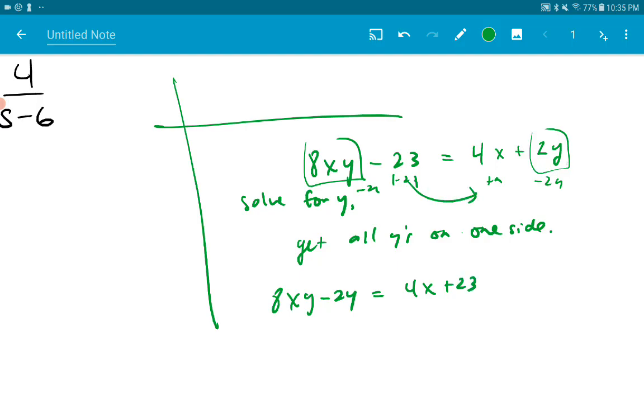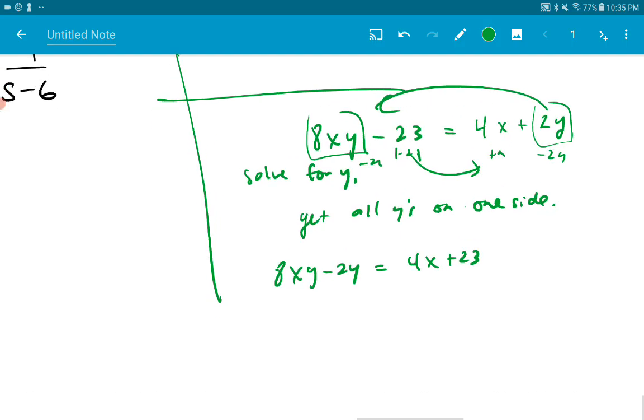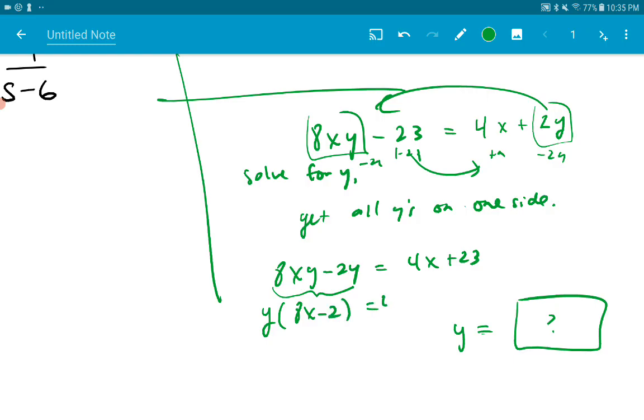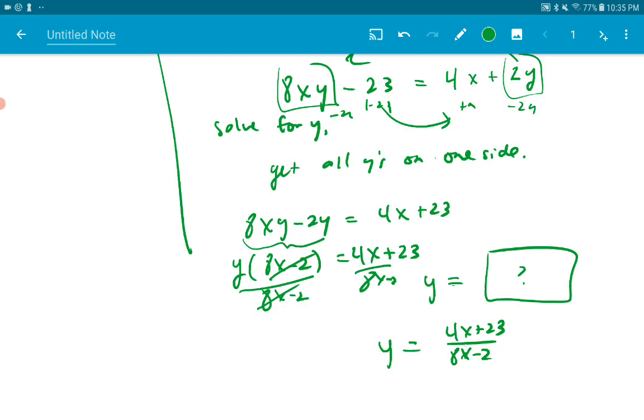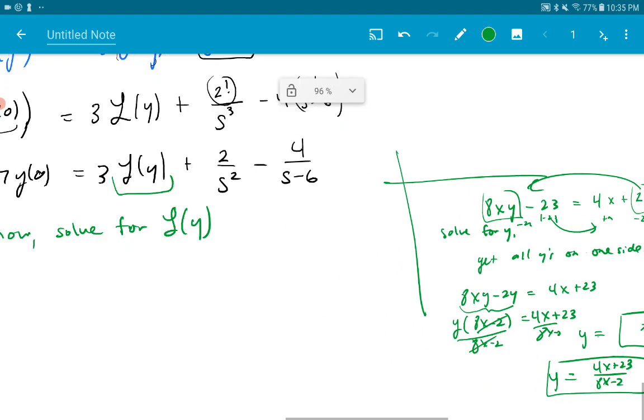So I'm just going to rearrange some terms here. Then I want to get y by itself. In other words, my goal is to end up with y equals something. I have y in two different terms here, so I factor it out. And I write this as y times 8x minus 2 equals 4x plus 23, and then we've got it, right? We can just divide both sides by 8x minus 2. And so we get y is equal to 4x plus 23 over 8x minus 2. And you can't cancel anything there because of all the pluses and minuses. So that's the technique we're using. We're going to use that technique over here